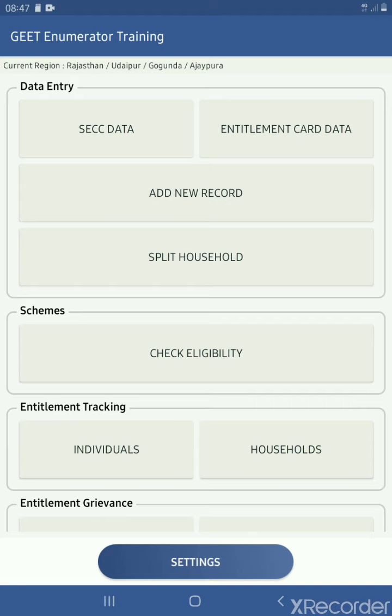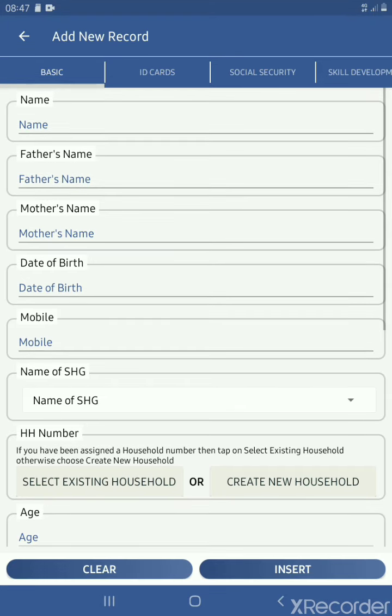From this add new record, we can register a new beneficiary in our application.